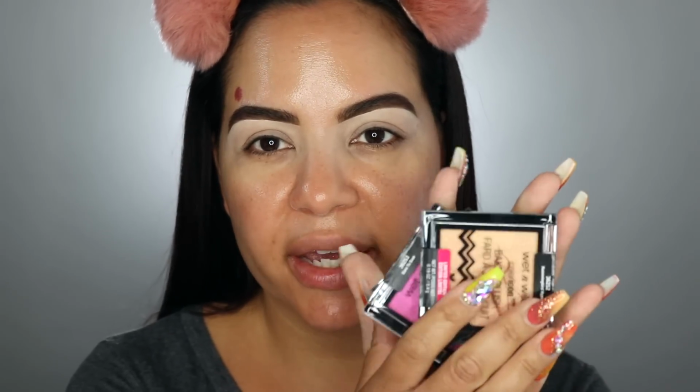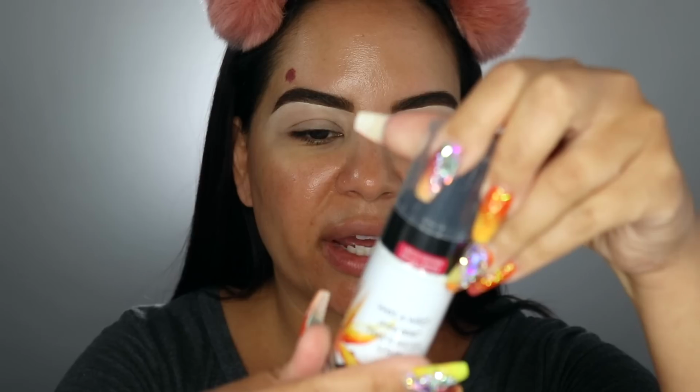So I did pick up a few products from Wet n Wild's Flights of Fancy. I got their blushes here. I got all 3 blushes. I also got the new Wet n Wild primer water spray. I picked up the 3 limited edition glosses, and then I also got the lip scrub. I also picked up this new L'Oreal bronzer. I don't know if it's new, but it was in the new section and I've never seen it before, so